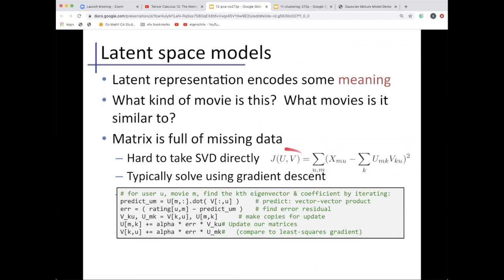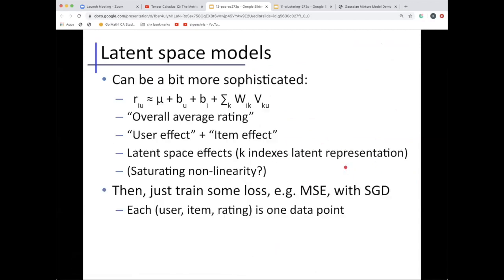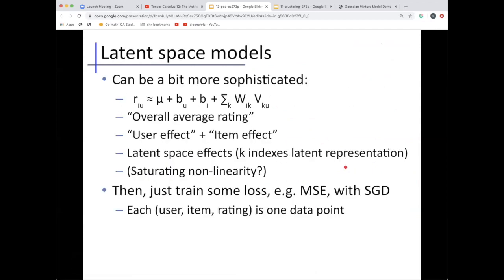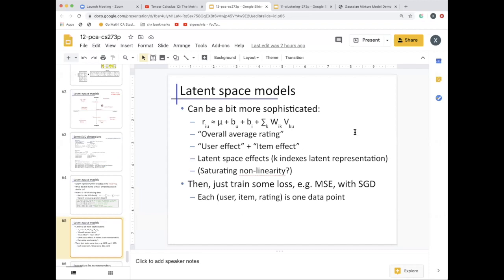That's what I talk about in terms of optimization here. Essentially, you need to solve for both U and V, take the difference between the approximation and the data, and in the end minimize it. You can use the gradient descent methodology to solve this problem. All right, so that's what I want to say regarding this latent representation dimension reduction analysis. And that pretty much summarizes what I want to say regarding this unsupervised